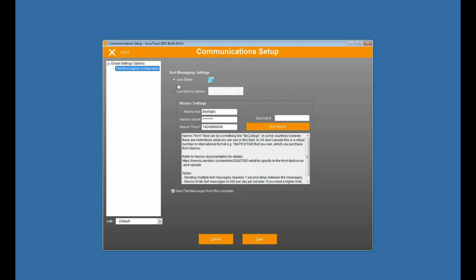It'll give you the information you need. Now, Skype is self-contained, nothing to add. Nexmo will give you this key, secret, from, etc. And then you can now send text messages. You have to check the box, send text messages from this computer. Now, to use text messaging, obviously, we need to have cell phone numbers entered for both our tutors and